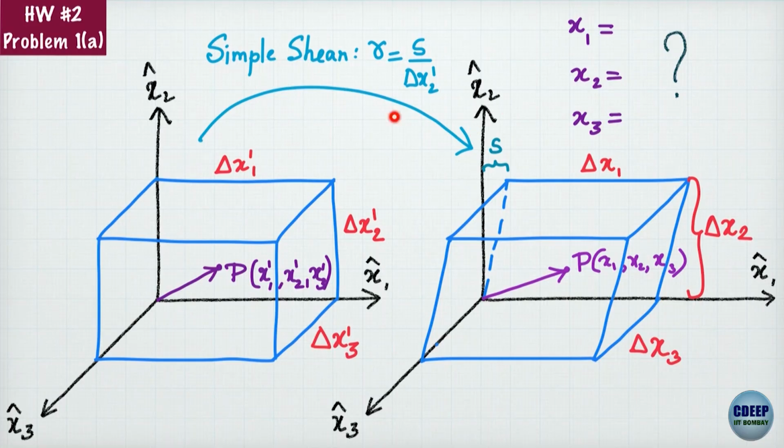So, we can define a quantity gamma which is s by delta x2, and so what you need to do is find out expressions for x1, x2, x3 as a function of the previous state, that is x1 dash, x2 dash, x3 dash, obtain F and then B and then E,